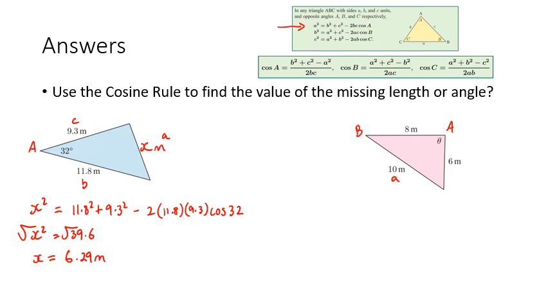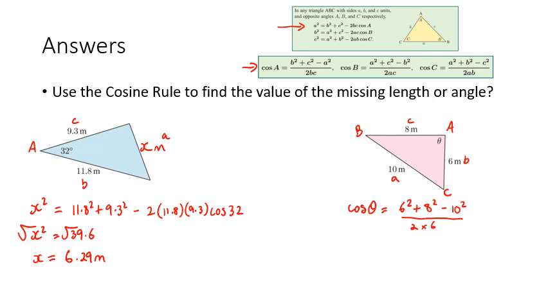In our second example, let's call this A, therefore that's little a. This could be B, that's little b. This could be C, that's little c. We're going to be using this formula here. So the cosine of capital A, which is theta, is equal to b squared, which is 6 squared, plus c squared, which is 8 squared, take a squared, which is 10 squared, all over 2 lots of